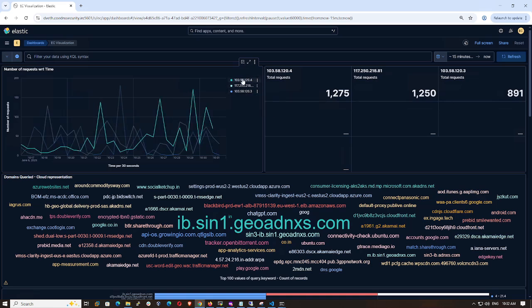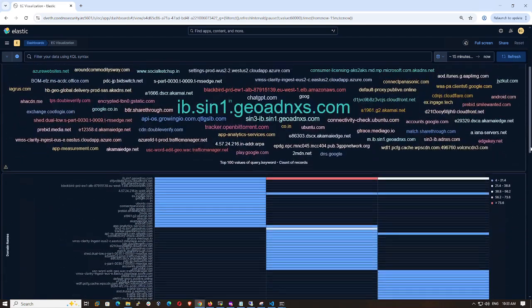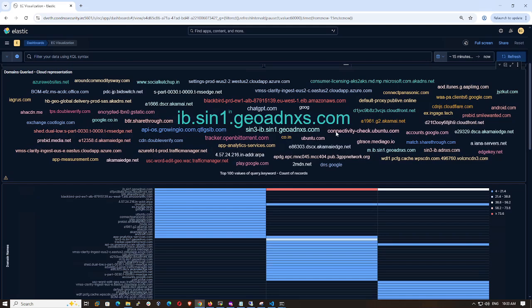You can hover over it, and the respective graphs for the last 15 minutes are represented. The nature of DNS traffic from these IP addresses for the last 15 minutes is represented using this line graph, right? So the next part is the domain name cloud. This domain name cloud shows us the top domain names which are queried from the 3 IP addresses which are operational as of now,